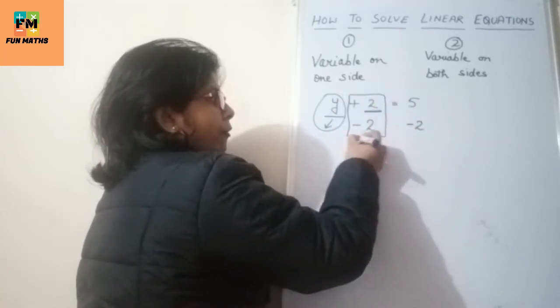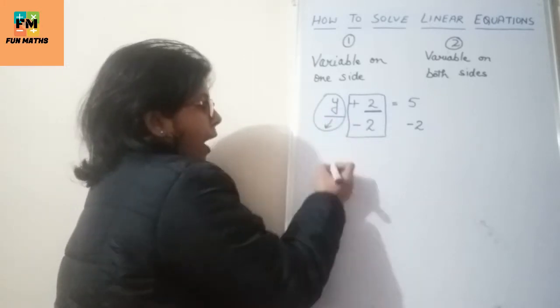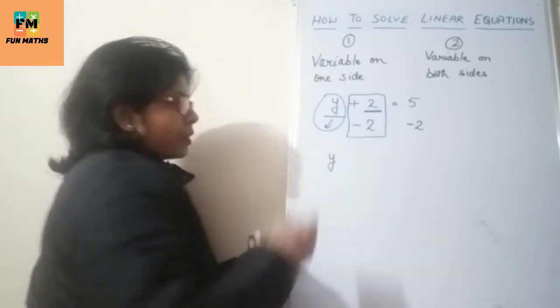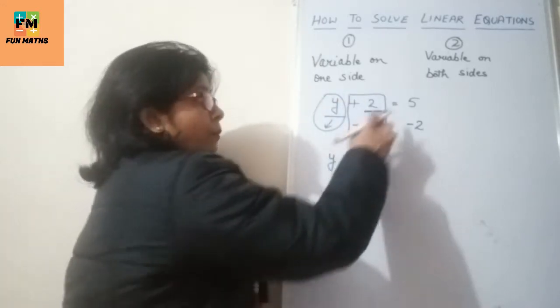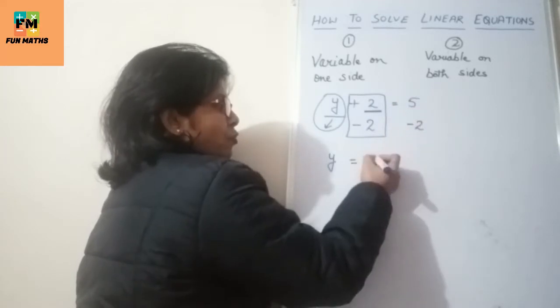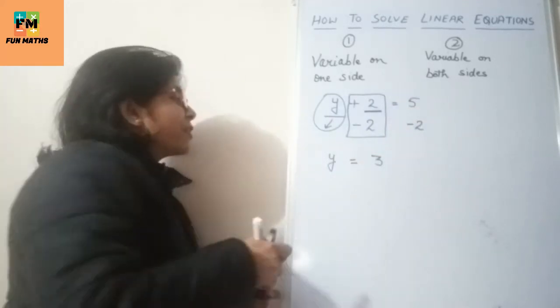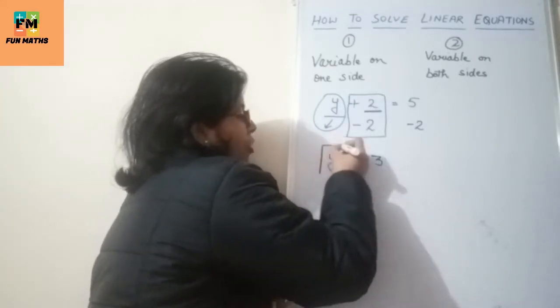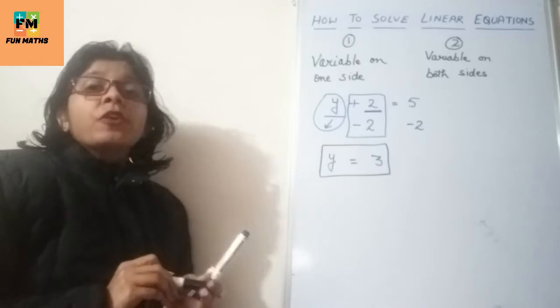Now, as soon as we subtract 2 over here, if we remove this part from this equation, the left hand side is left with y. Yes, only y is remaining because 2 minus 2 is 0. Now, what is there? We will put equal to. What is 5 minus 2? 5 minus 2 is 3. See, very easily we have found the solution of the equation. I hope it is very easy for you and you have understood.